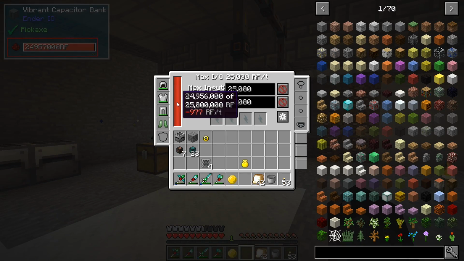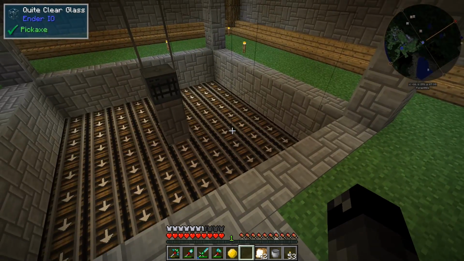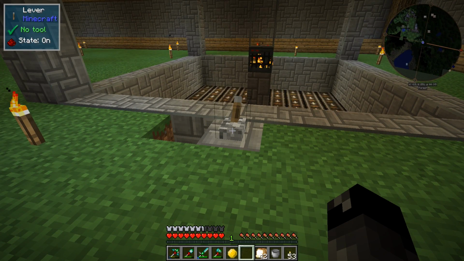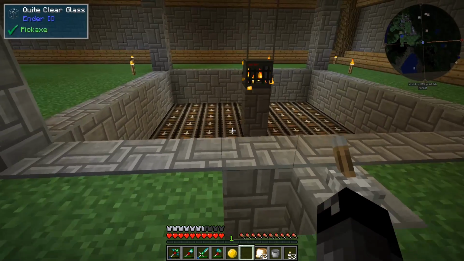Okay, so is that dumping power? That is dumping power. I don't know if this thing is turned on. It doesn't look like it. So if I flip this lever, yeah, now it looks like it's on. So then it's got to charge up. I think it takes, I don't know, 15-20 seconds before it spawns the first blaze, but I think everything should